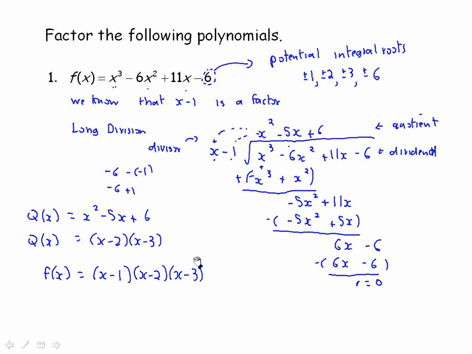Now the other thing that you can do with this is synthetic division. And synthetic division is helpful because it eliminates the x terms. So you just deal with the coefficients. It also is helpful because we add instead of subtract. So you'll find that keeping track of your signs is a little easier. So if we're going to take x cubed minus 6x squared plus 11x minus 6, we're going to divide by x minus 1. We take these